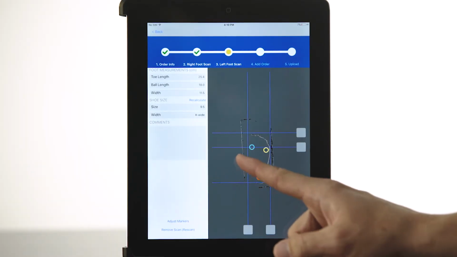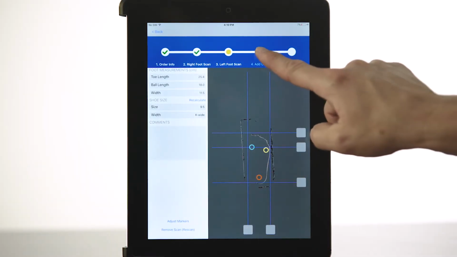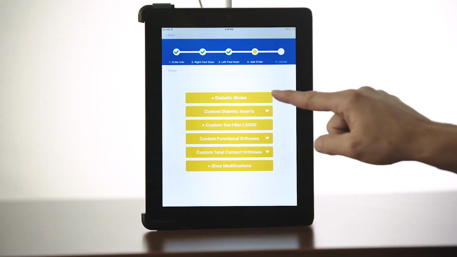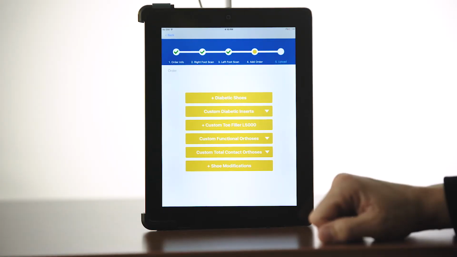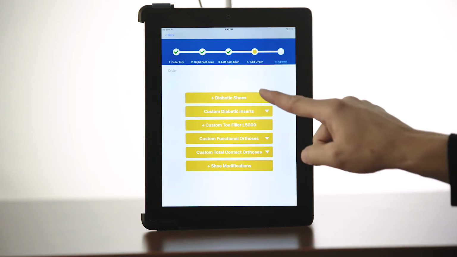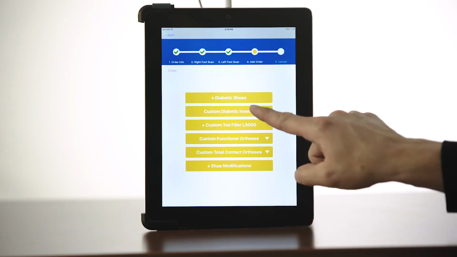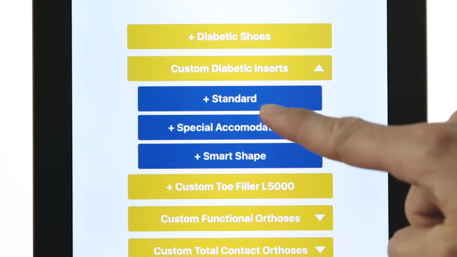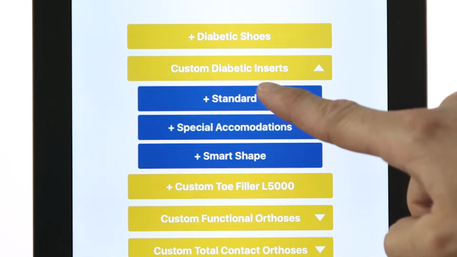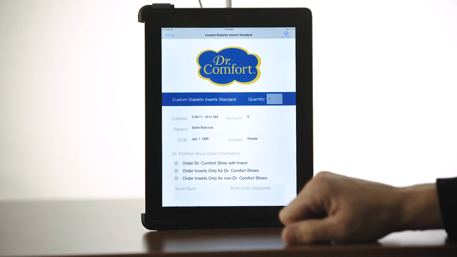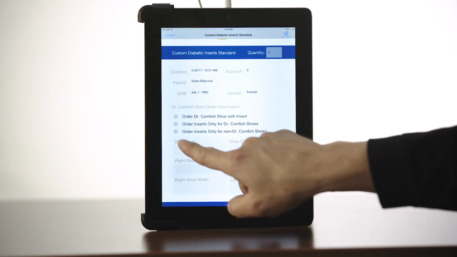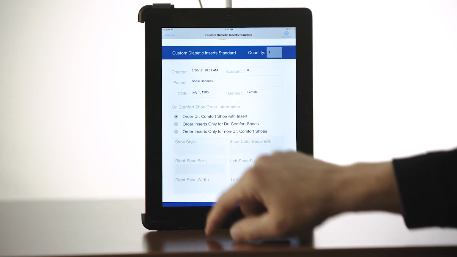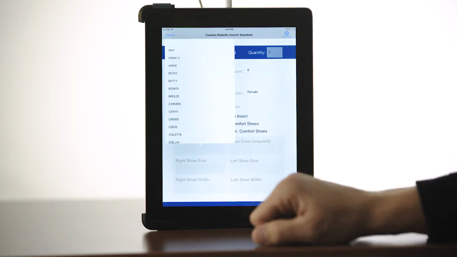After the right foot scan and the left foot scan are complete, we're going to select Add Order. If she was simply going to get diabetic shoes and nothing else, not the custom inserts, we would select diabetic shoes, but in this case, we're getting her diabetic shoes with custom inserts. She's got standard custom inserts we're going to be selecting, so we'll select Standard. And we're going to order the shoes with the custom insert, and then from here we'll have the options for